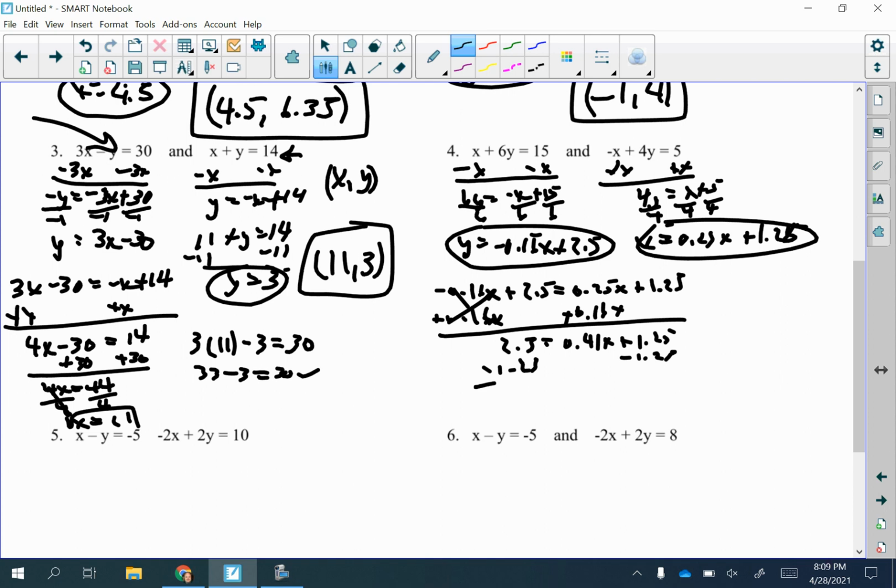And when I subtract 1.25 from 2.5, I get 1.25 equals 0.41x. When I divide by 0.41, okay, that is 1.25 divided by 0.41 is going to equal